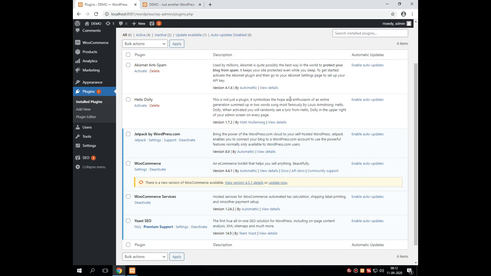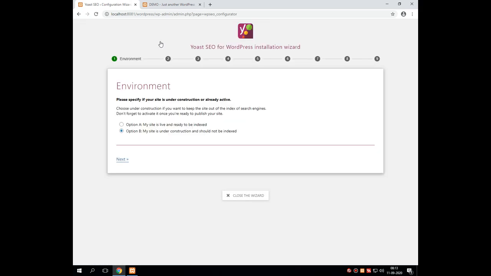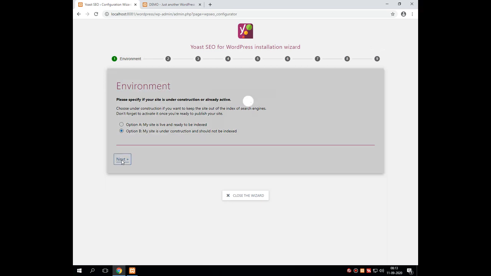Now once we have installed the plugin called SEO Yoast, by activating it, it returns two sections over the dashboard of WordPress, that is the section of notification and the section of settings. We have started with the configuration wizard, that means the further installation steps of SEO Yoast, where we have followed all these steps, like environment,